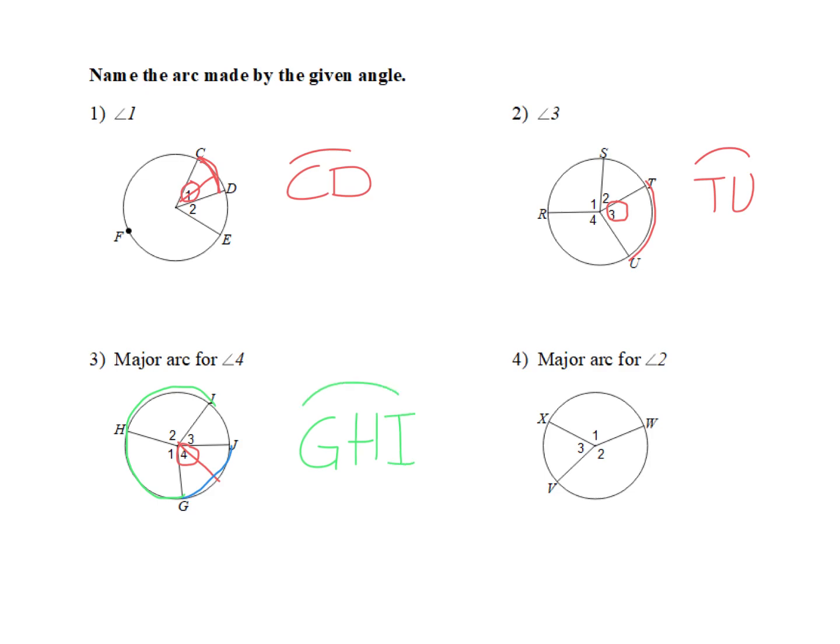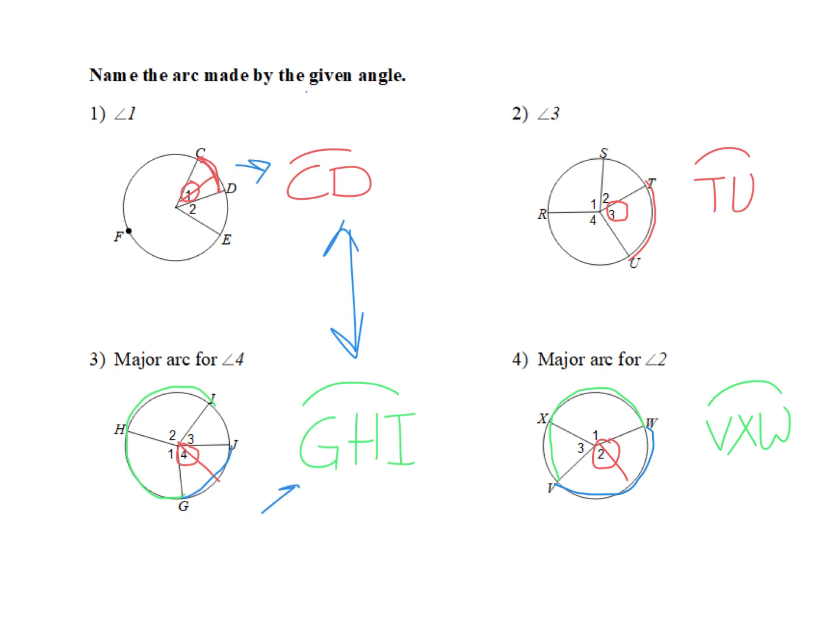On number 4, what about angle 2? VW. Start with what its minor arc is. What's its minor arc? WV or VW. So the major arc is what? Flip it. VXW. What do you notice the difference between a minor arc, which is this one here, and a major arc,